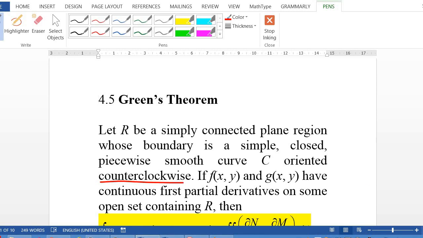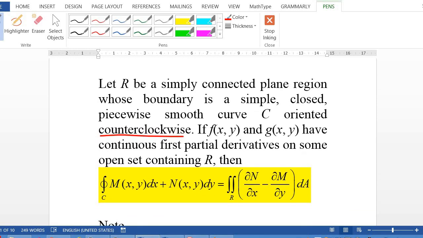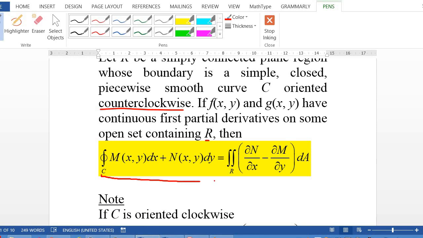If f(x,y) and g(x,y) have continuous first partial derivatives on some open set containing the region R, then the line integral of the differential form M(x,y) dx plus N(x,y) dy, in this case a line integral of a differential form in 2D where the curve is a closed curve anticlockwise, is equal to the double integral of del N del x minus del M del y dA